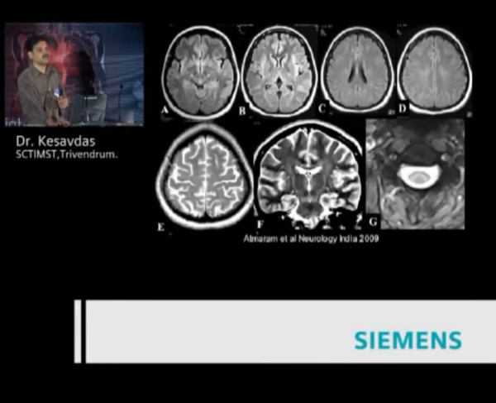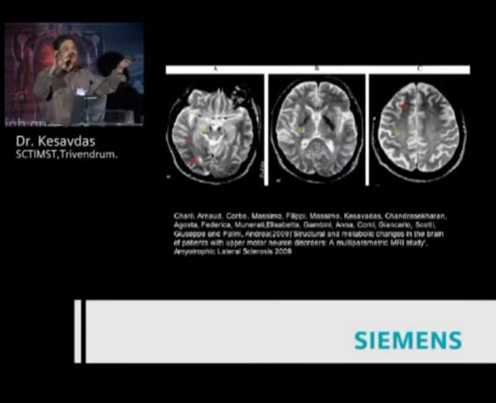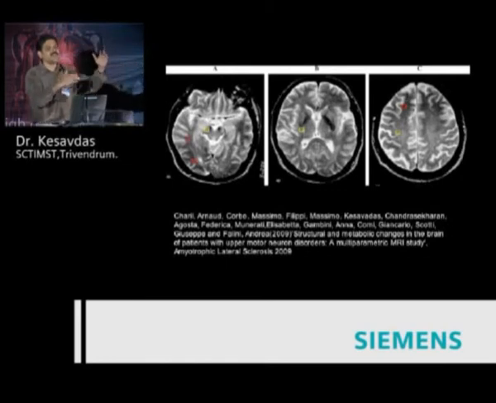Some studies have been done on motor neuron disease, but most of the studies on motor neuron disease and degenerative diseases are basically a comparison of a normal population with a control. So first of all, you should have a normal population, and you should understand what the FA and the ADC values are in the various areas in the brain in your normal population. And then you compare it with the diseased population having motor neuron disease, multiple sclerosis, and tell how much damage has happened. Follow-up of cases of amyotrophic lateral sclerosis and Parkinson's plus disease is also possible. How much white matter damage is happening over time? And those are the two parameters that you have to use: the ADC and the FA.